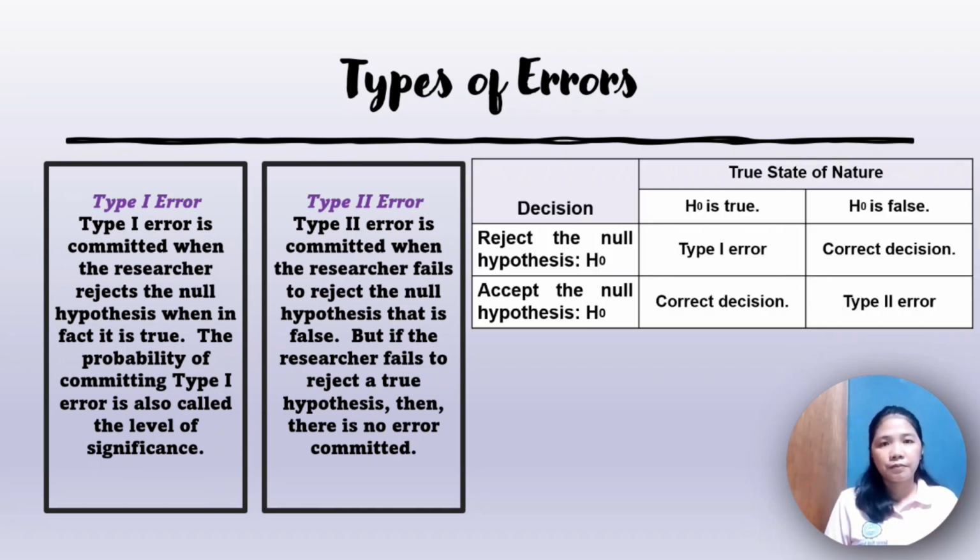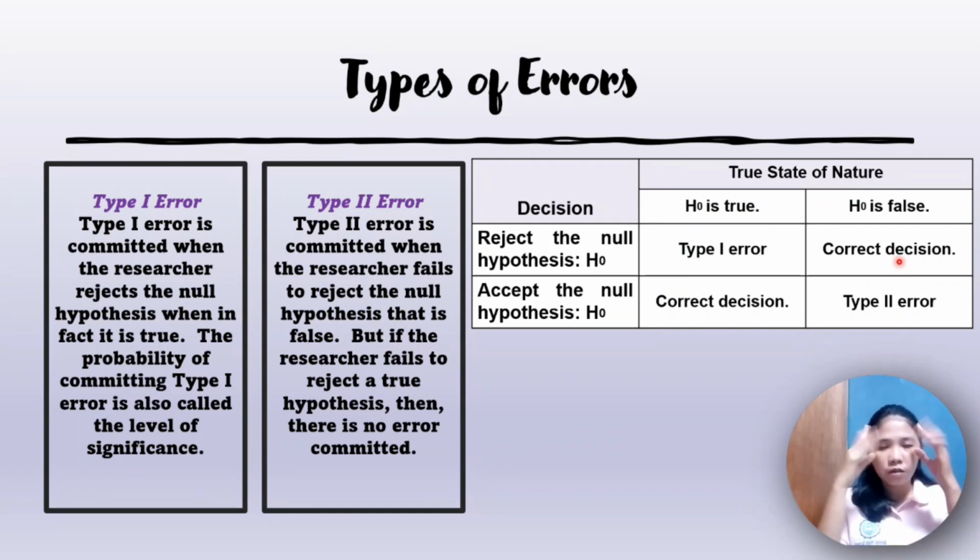Let us consider the table. The first column is all about the decision, and the second column, which is subdivided into two, is the true state of nature: if the null hypothesis is true, or if the null hypothesis is false. If the null hypothesis is true and accepted, or if the null hypothesis is false and rejected,